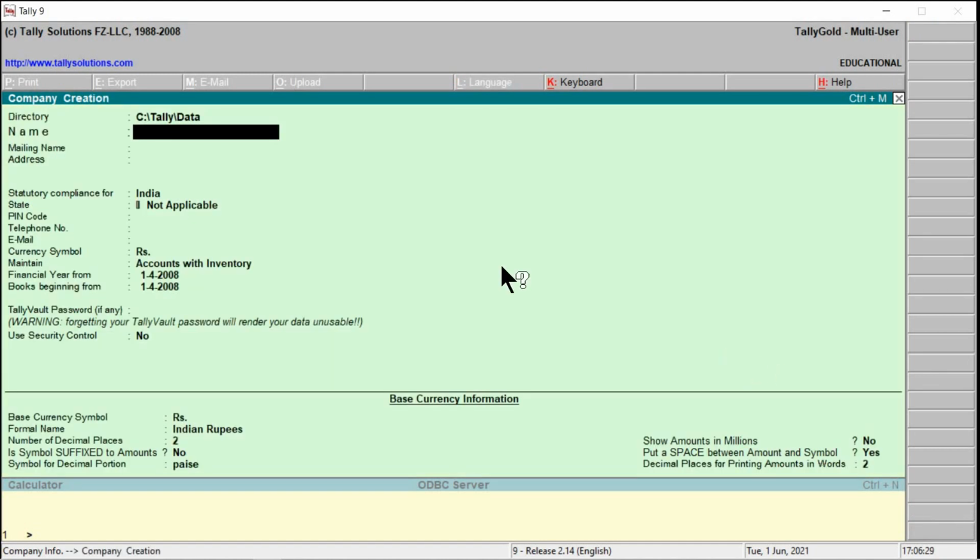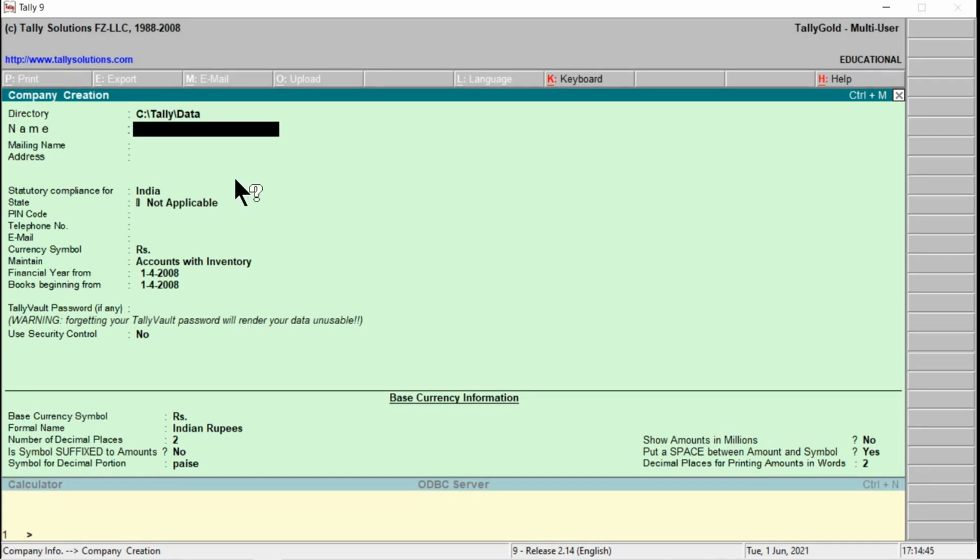Once we press C, we are in the company creation window. And here comes the directory, where we can see the path: C drive, Tally folder, data folder. In the data folder, this will be available. Next comes the name, where we have to provide the name.